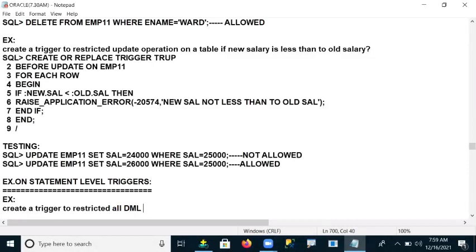See what I'm doing here: not individually, at a time insert, update, and delete operations are restricted. So restrict all DML operations on a table on every Thursday.